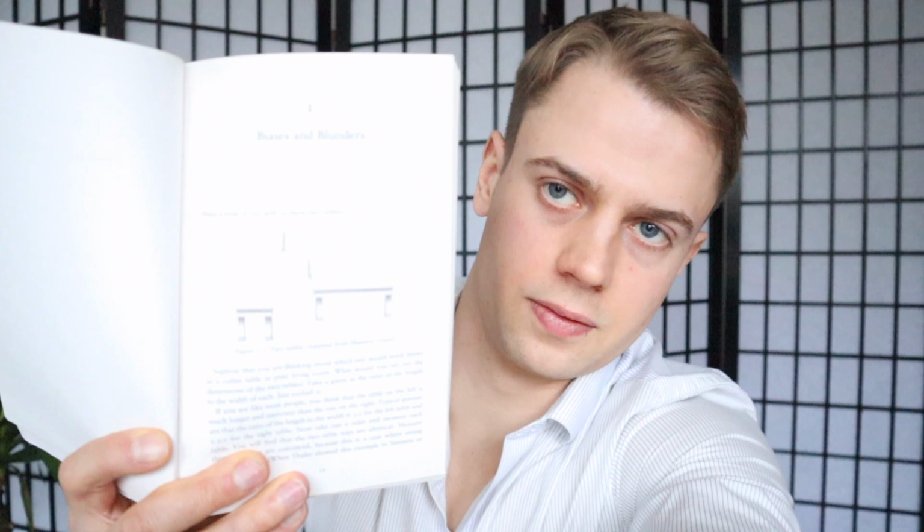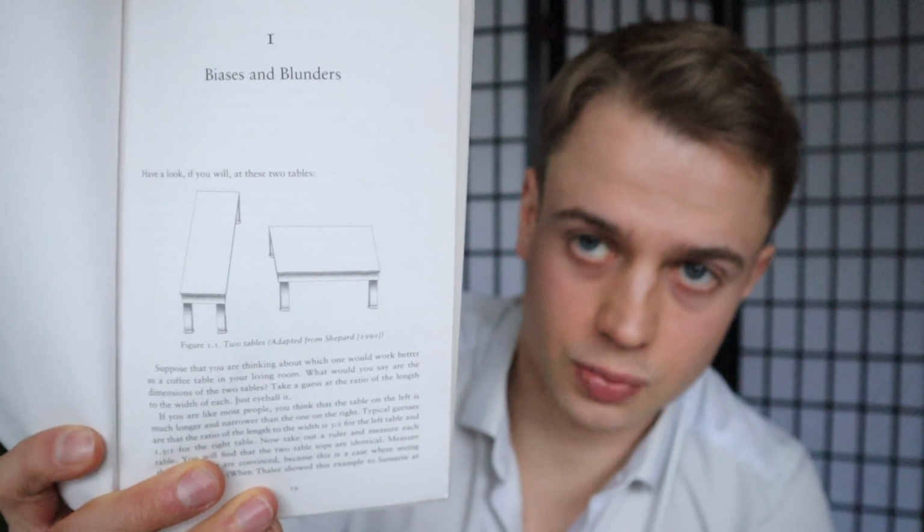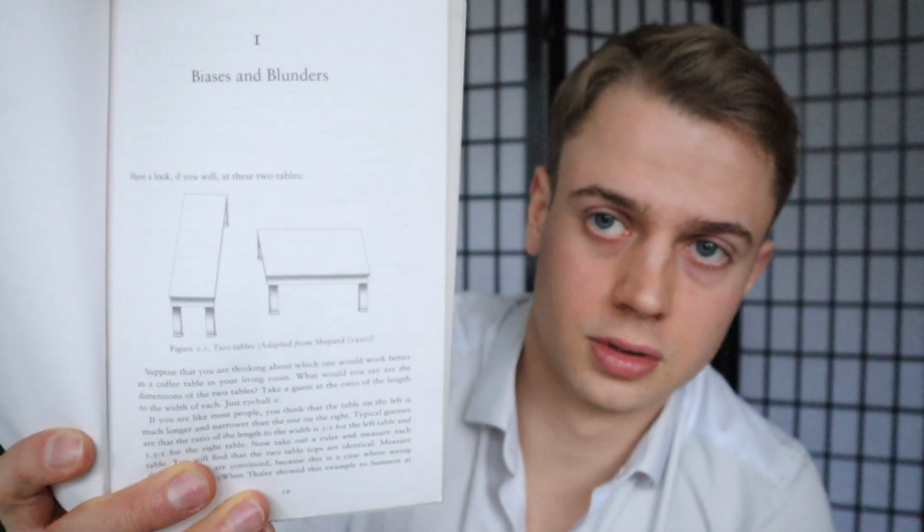For example, here in the beginning of the book is this photo of these 2 tables. I don't know if you have seen this before, but if you look at this photo right here, you see 2 tables there. Which one do you think, or what do you think are the dimensions? Which is taller and which is narrower? Now I bet if you look at the picture, you would say that the one here is much shorter and much wider than the other one. But in truth, if you would measure these, they are the exact same